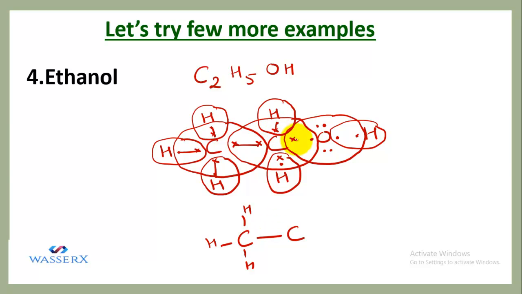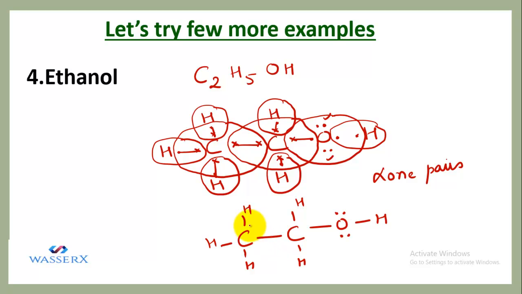Similarly, in this case, we see that there are two hydrogens directly linked. Now there is one single bond towards O and again one bond towards H. You may write these two electrons which are left like this. So this is how the bond is formed in ethanol. And you can see that these electrons are not directly taking part in the bond formation. So the electrons which are left or which do not directly take part in bond formation are called lone pairs. So in this case, you can see two lone pairs on the oxygen atom.